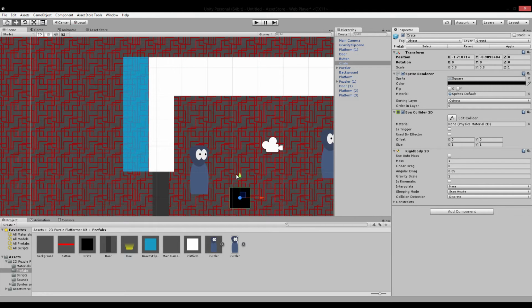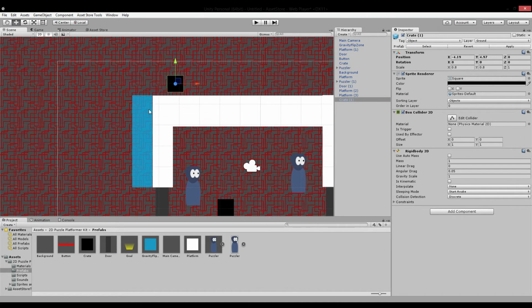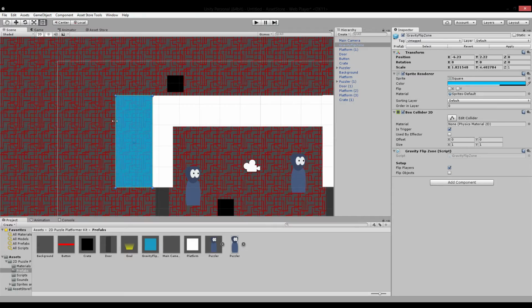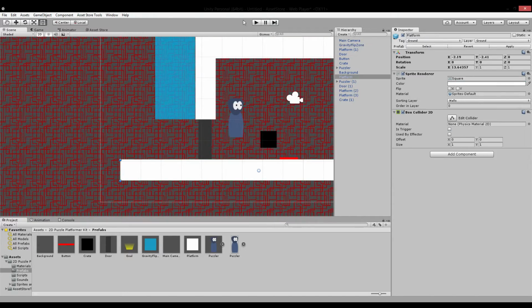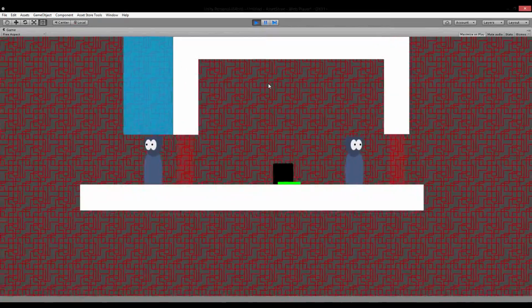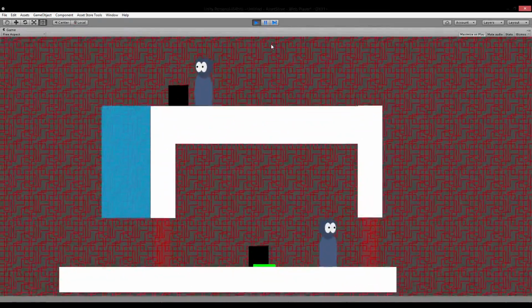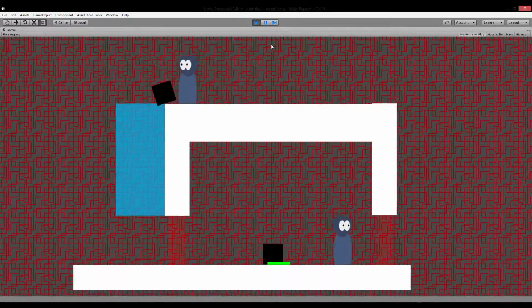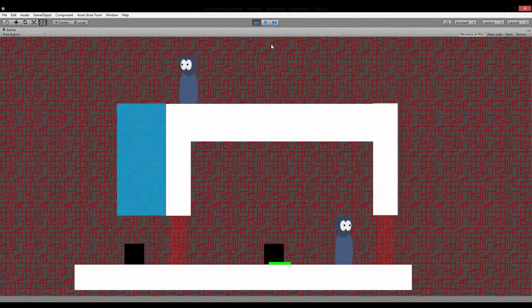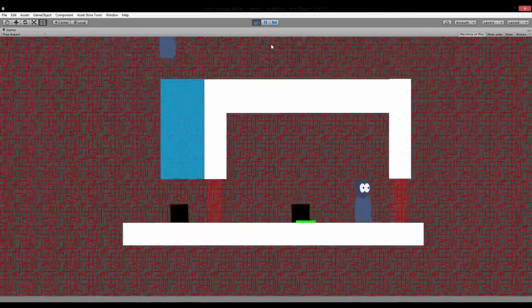So I'm gonna put a box up here, just for the heck of it. A box right over here. So by putting this here, like this, I wanted to bring that box down. Ooh, I got a good boost from that. So if I wanted to bring this box down, I just push it off and it falls through and there's no problem. But I can't go through because the gravity field is just going to keep enabling and disabling